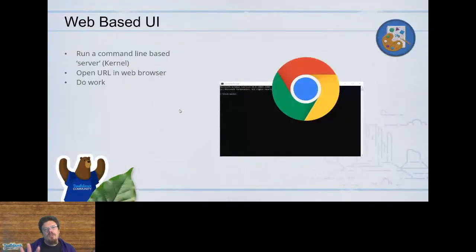Jupyter Notebook is a web-based UI, so you look at it in your web browser, which is weird, right? It's this computer program you run on your computer, but you interact with it in a web browser. So it's like two pieces. There's a kernel that we run, and then we interact with that piece that's running in a web browser. We can run the kernel on other computers.